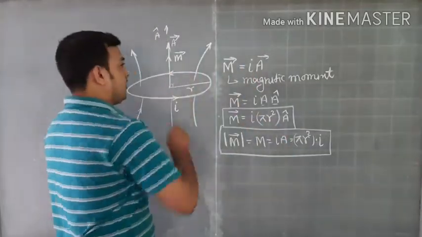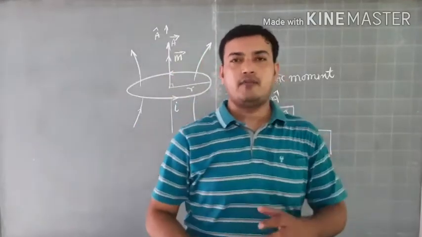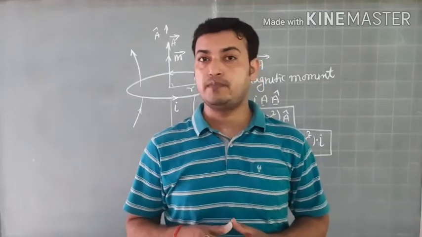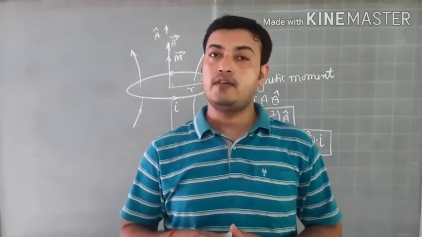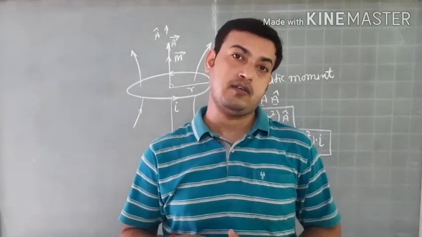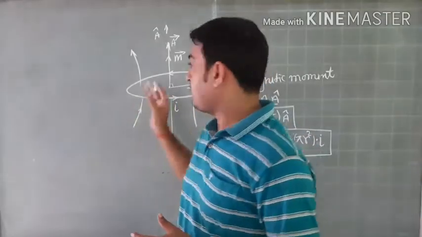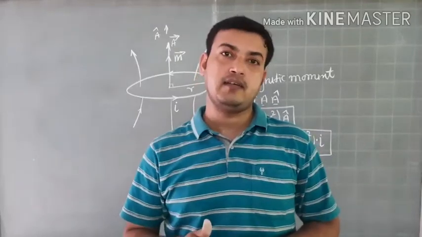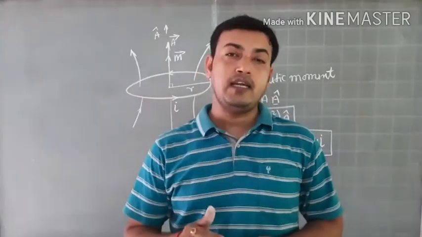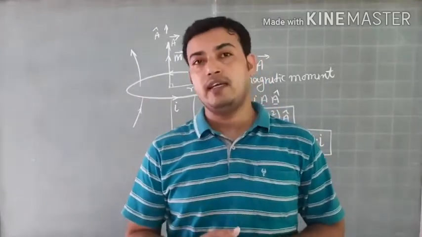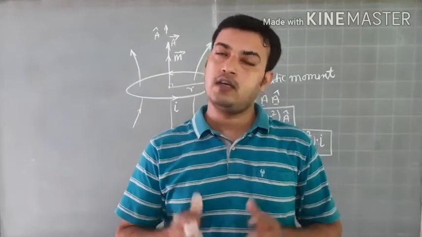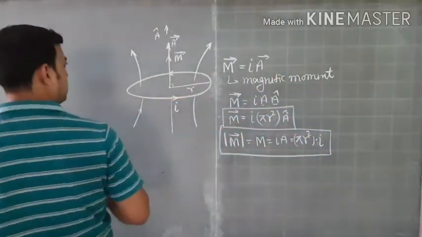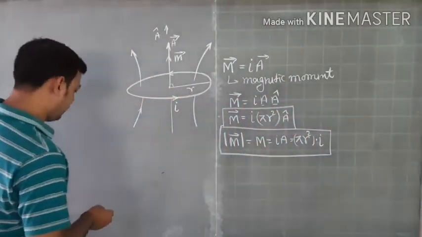Now if I compare it once again with electrostatics, when my electric dipole was placed in an electric field, it experienced a torque. Similarly, if I place my magnetic dipole moment, or a bar magnet, or a current carrying coil, in a magnetic field, then definitely it will experience a torque, and that is very similar to electrostatics. So let us consider a situation where